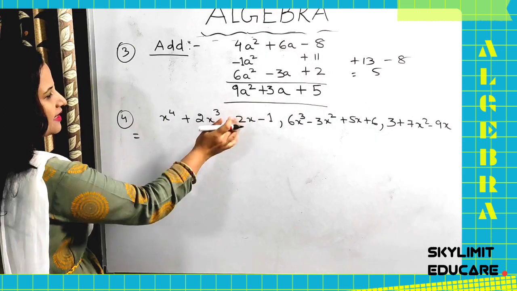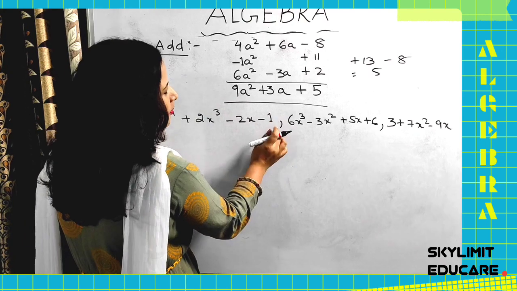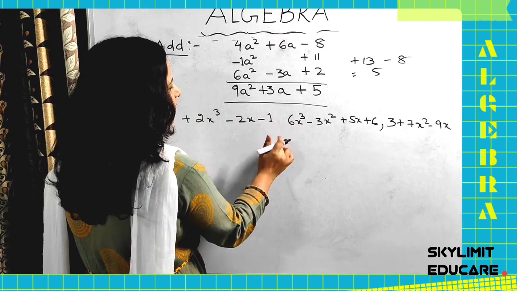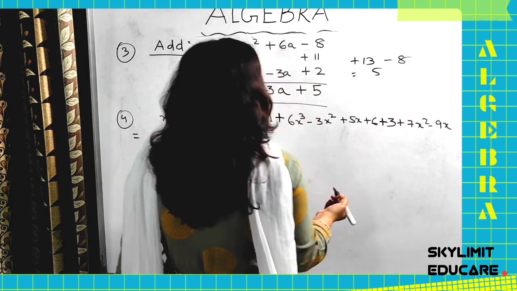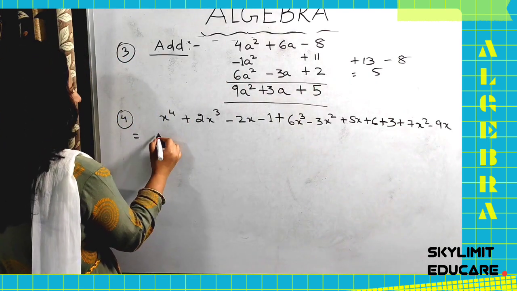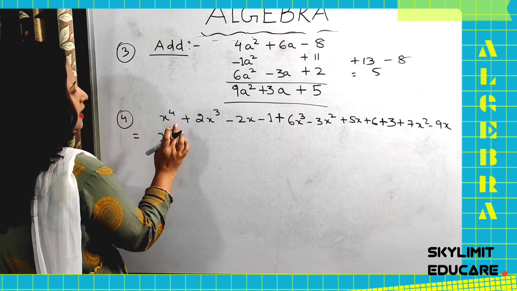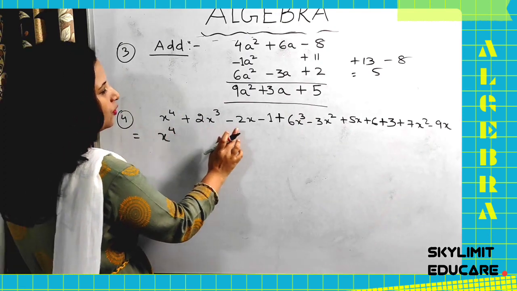Okay. So what I am going to do first, I will remove, see here, this comma will be replaced by plus sign. Comma can be replaced by plus sign here. Okay. This was a question given to you. I am replacing the commas by the plus sign. Now I am writing here x to the power of 4 first. Now let me check if there are any more x having the power 4.